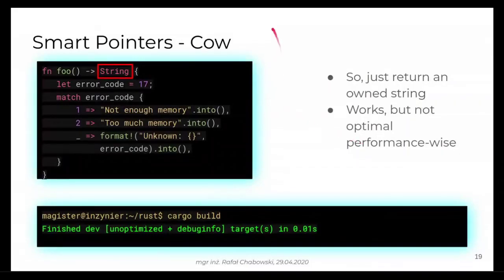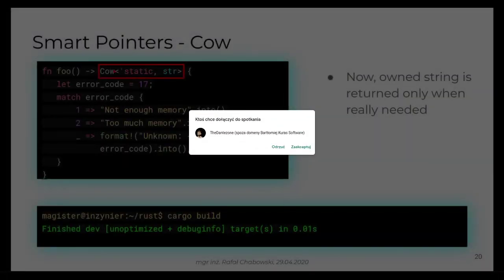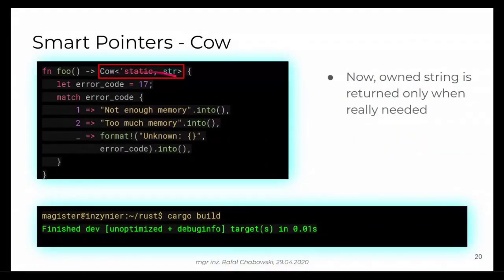So what you're usually going to do, and what I did hundreds of times in C++, you just change this return value to an owned String. You decide to refactor, but the drawback is that now every message is converted to a non-static string, even those that are static. And in case you have similar functions in several places, you still need to refactor all of them. So what you can do instead, you can just use Cow. And yes, this code will compile and it will work this way.